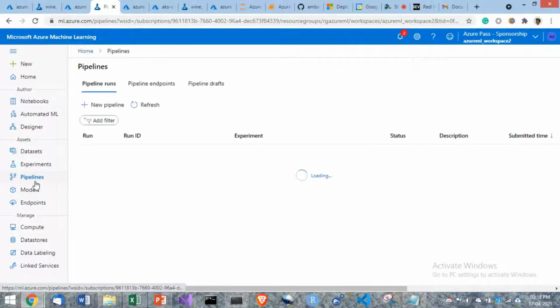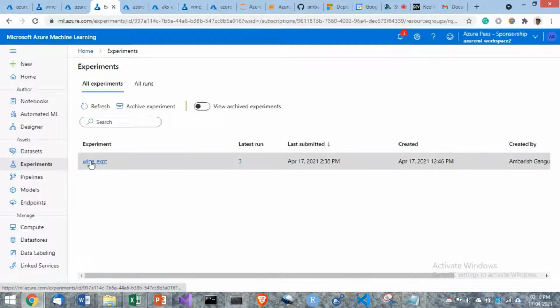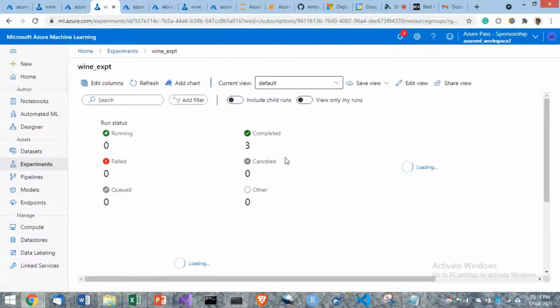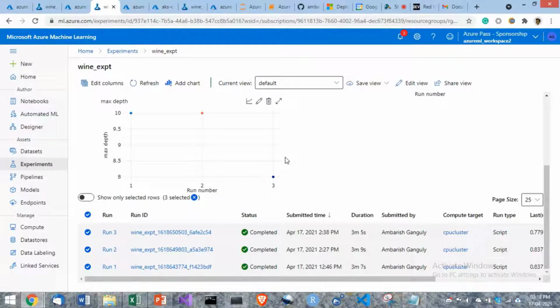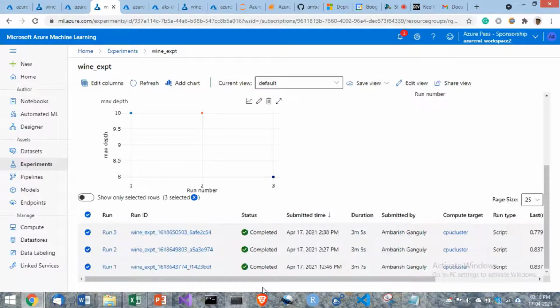We have not used any pipelines, but we've used experiments. The experiment is a place where you can have a number of runs. For me, I tried 3 runs. You can try as many runs. And why this is good, referring back to my use case, is that all these parameters are different, and I can log all these runs. So I can build different models, and everything is in one place. You can download it, or you can query this space, and you can have all of it in one place. So this is a very good model management space.